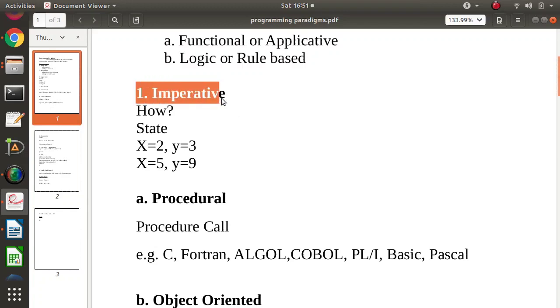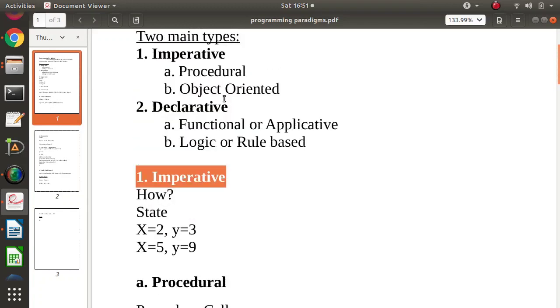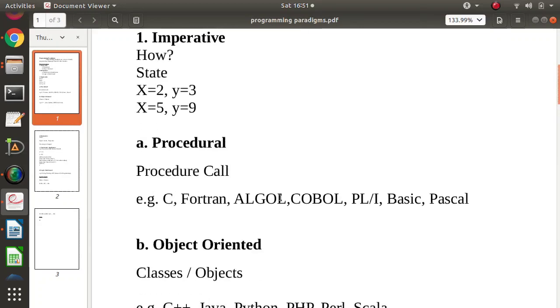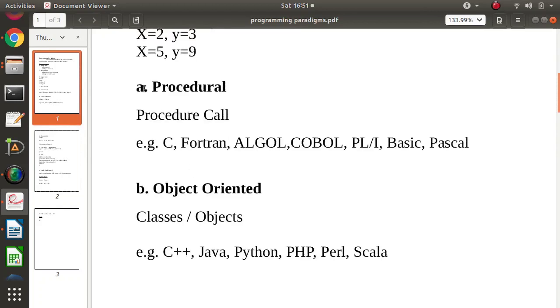In the imperative programming paradigm, again we have two types as we have seen here. One is procedural and another is object oriented. Now look at this. What do we mean by procedural programming paradigm? One thing is special here, that is a procedure.